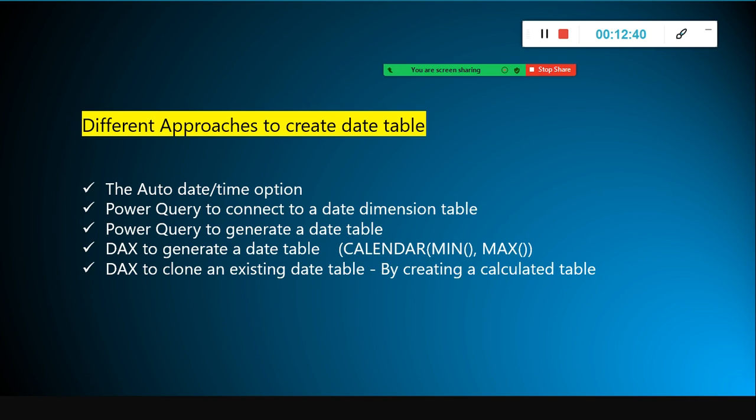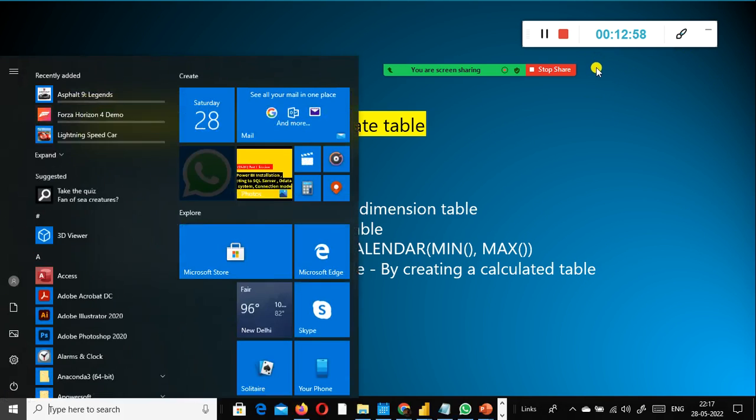You remember, as part of the role-playing dimension, I showed you how to create a duplicate of a table. Okay, so now you understood how to create a date table at a high level. Okay, and the next one is